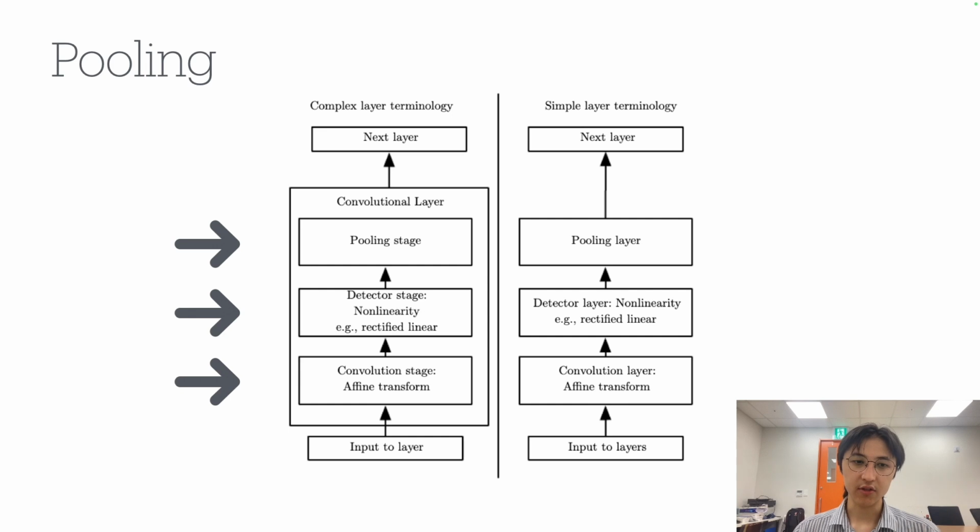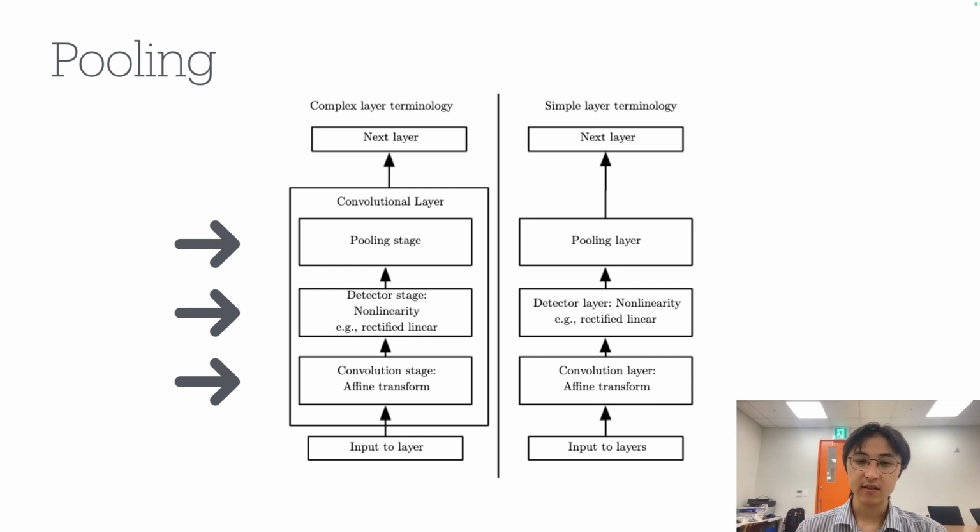How does pooling actually help? Pooling helps to make the representation approximately invariant to small translations of the input. Invariant means that if we translate the input by a small amount, or change the input by a small amount, the value in the pooling stage will not change; it will remain. It helps, for example, when